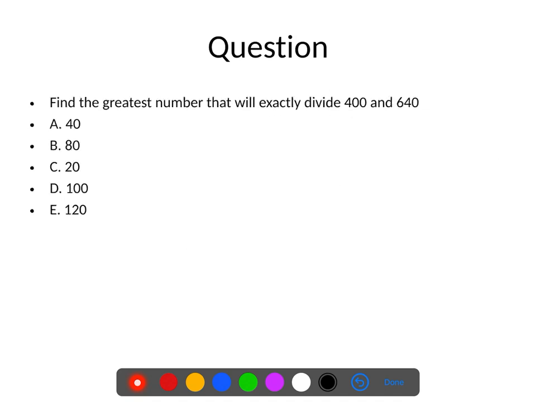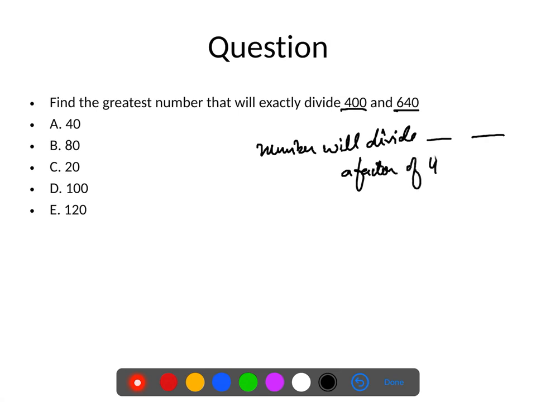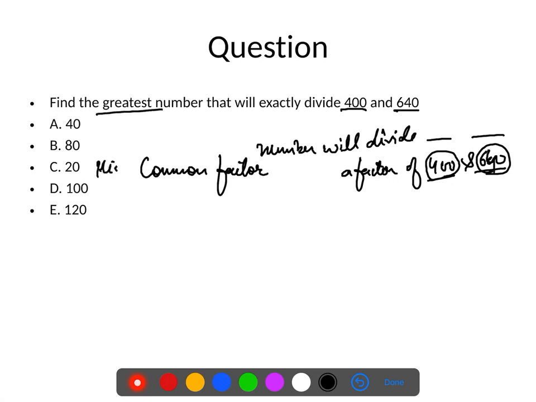Let's take another question. Greatest number that will exactly divide 400 and 640. So the number will divide these two numbers, 400 and 640. The number will be a factor of both 400 and 640. So we are talking about common factor. Okay, and greatest, that means highest. So we are talking about HCF of these two numbers,